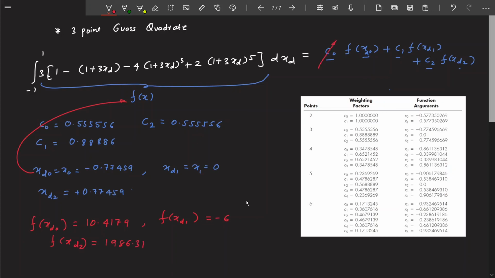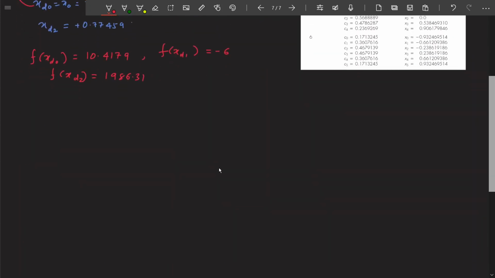So this is going to be 0.555556 times 10.4179, plus 0.88886 times -6, plus 0.555556 times 1986.31. When you do the whole calculation, the value of the integral comes out to be